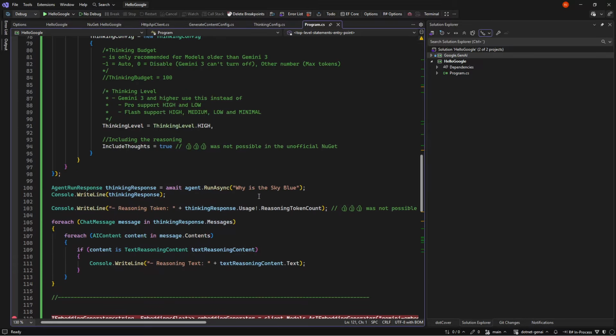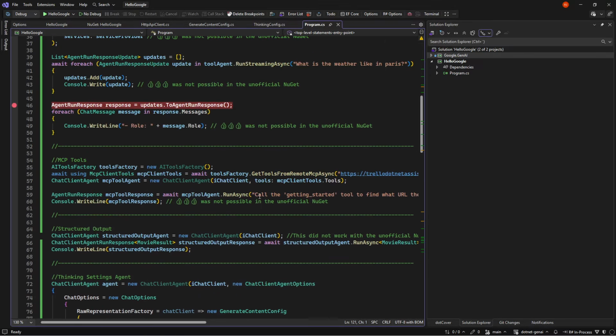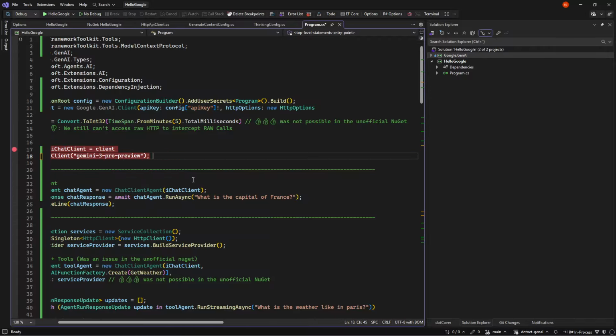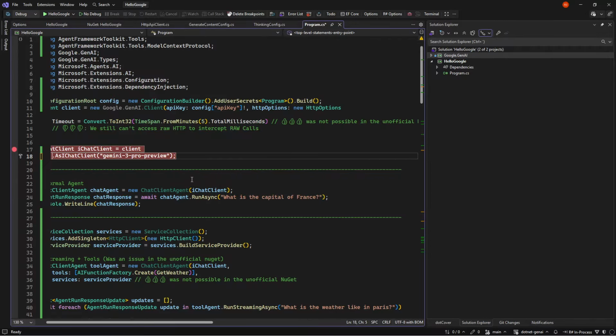So overall, the only negative thing I can see is that we still can't access the raw HTTP. This one we can live with, and it's actually kind of the same as OpenAI, where we just say get chat clients, so roughly the same. I would even say I'm being unfair in saying that.